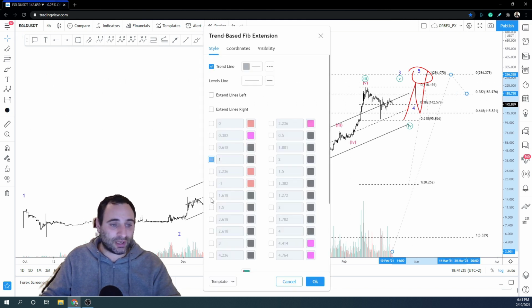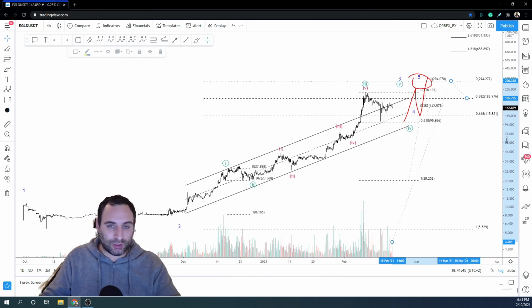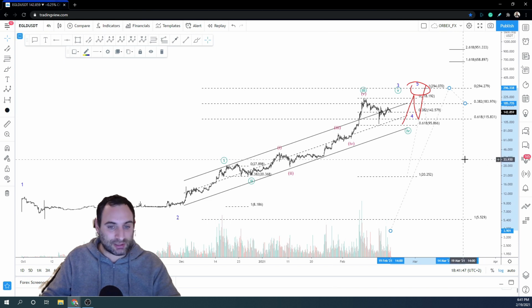And if we take into account that we're in a wave 3 in an impulse in altcoins, then we're definitely going to get at least the 161, yeah? And the 261 is very likely as well. So I wouldn't be surprised, guys, if within the next few months, we're going to get to $1,000 per coin,